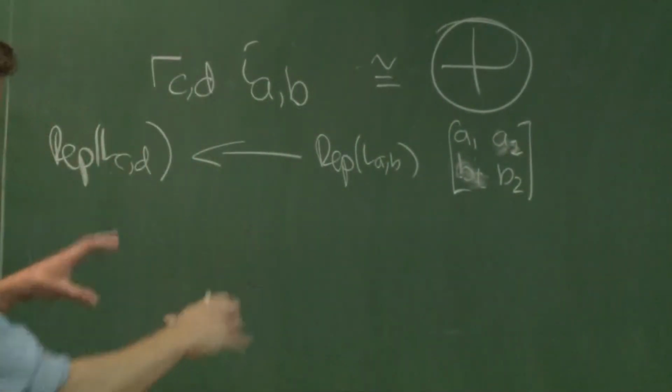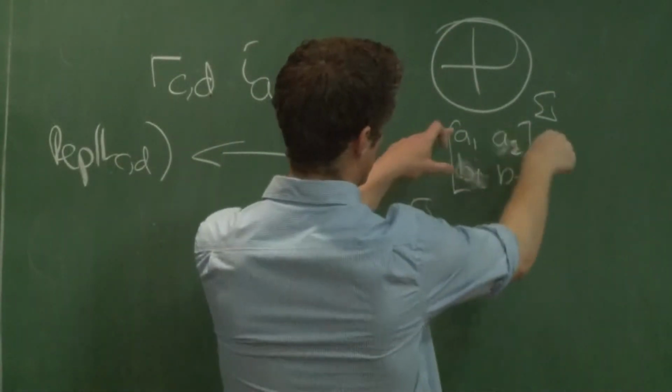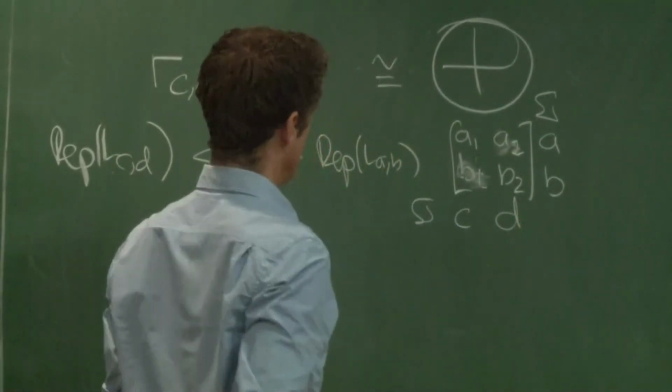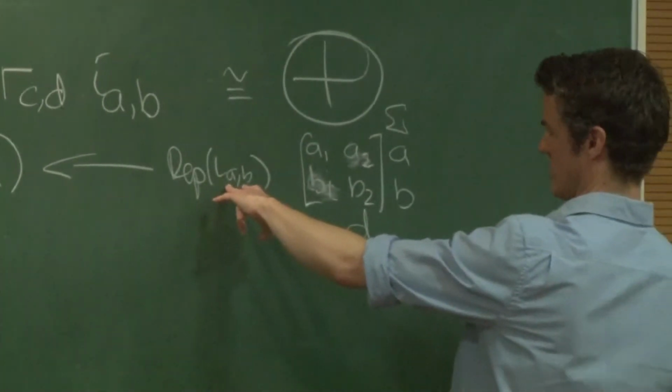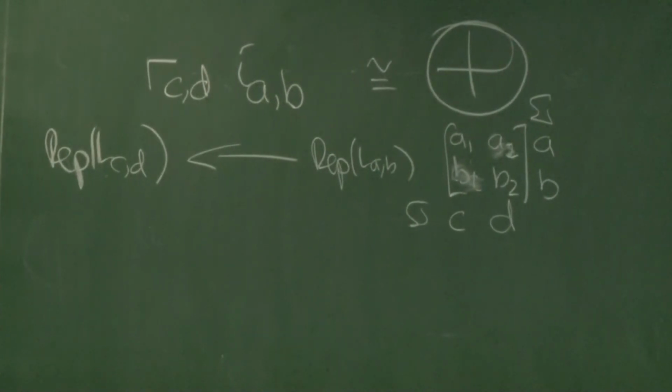Direct sum over all four tuples of integers which have the following summation properties. The sum across the rows should be A and B, and the sum down the column should be C and D. And then what can we do? We can take a representation of LAB, and